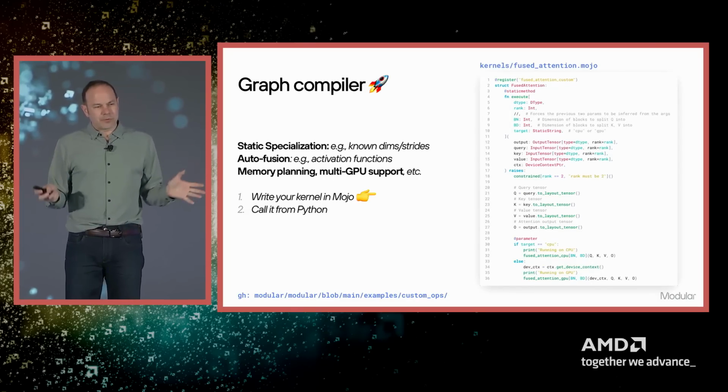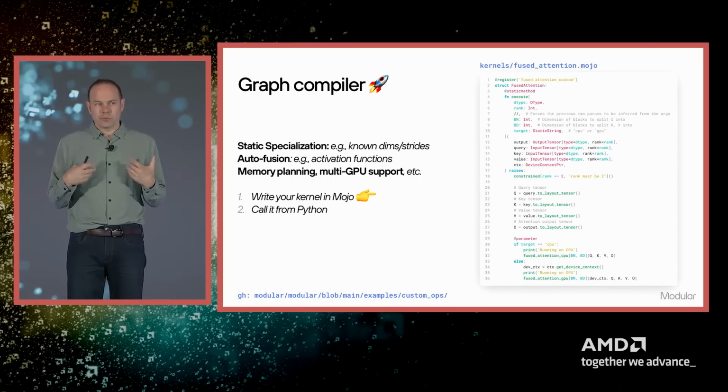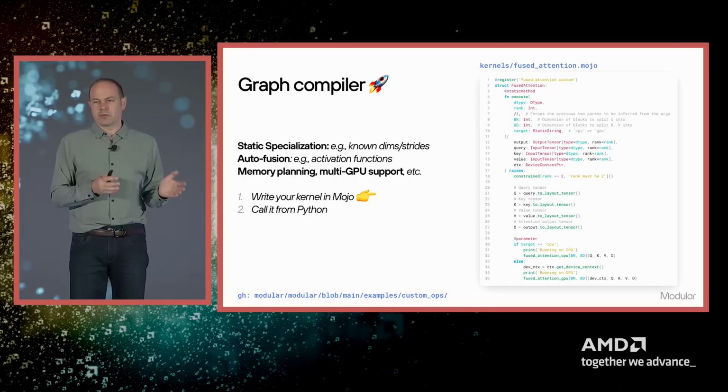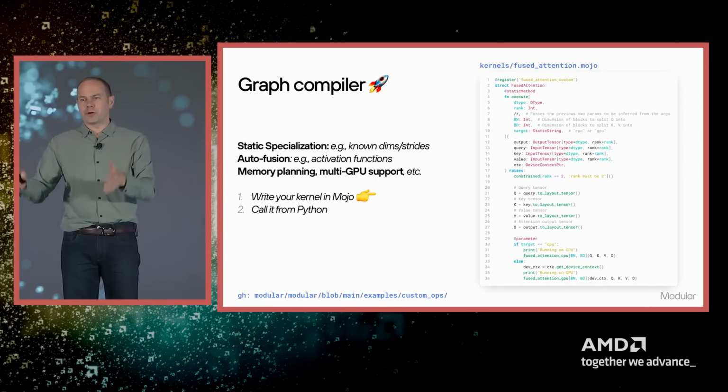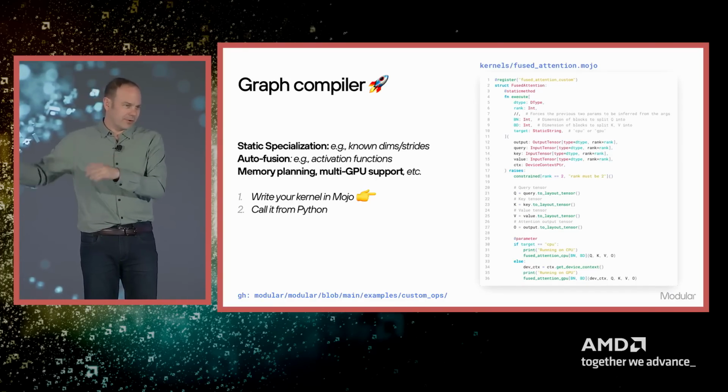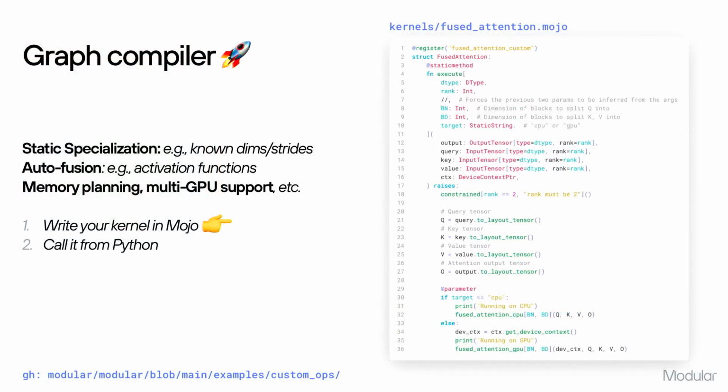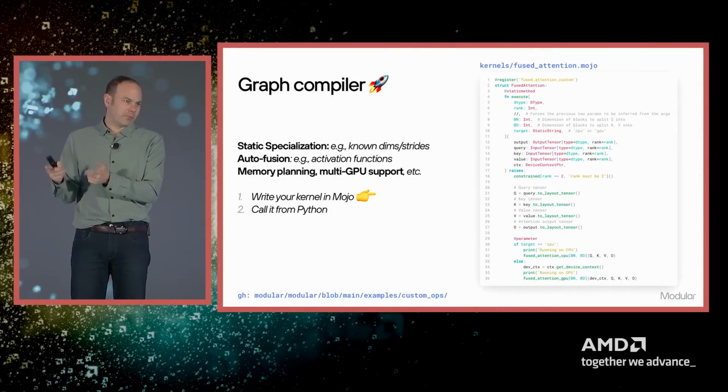Now, I'm not going to spend too much time talking about it, but Mojo is also very unique because it's a programming language designed for very fancy MLIR compiler things. I'm not going to nerd out about compilers today. Well, one of those important things is called a graph compiler. A graph compiler is what takes your AI model, and it takes all the kernels you write, and it turns those kernels into the best thing possible for that model. Because a lot of kernels you want to write should be generic. They should be reusable. They should work with lots of different shapes and different data types and things like this. But when you run it, you want full performance.